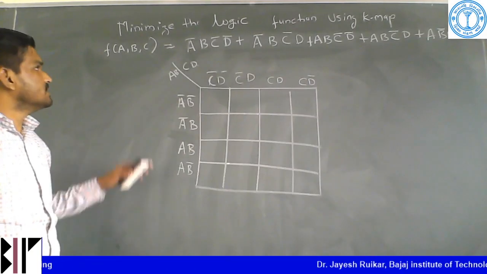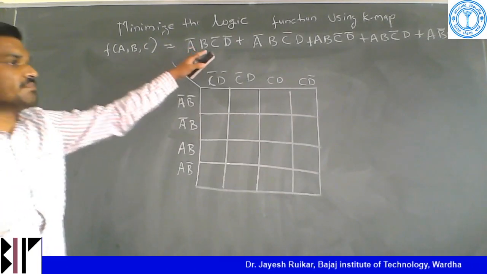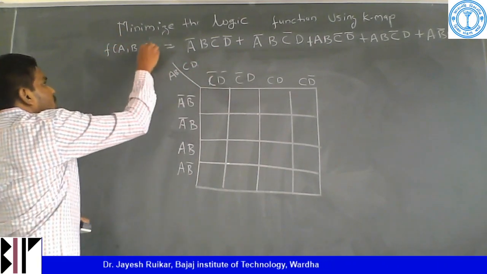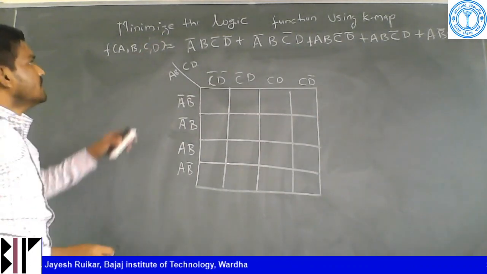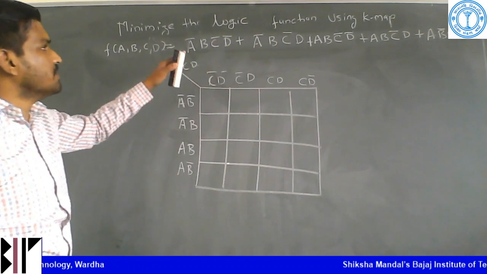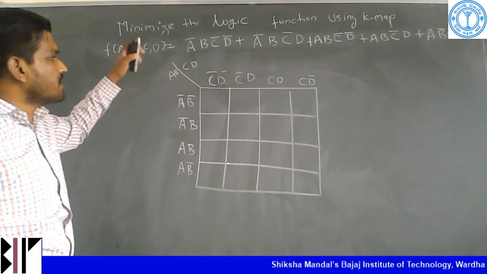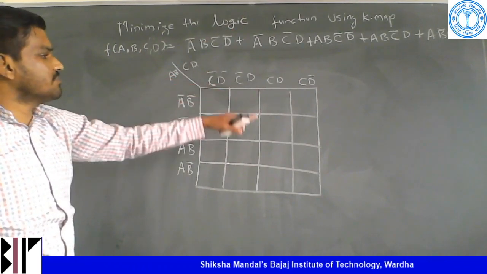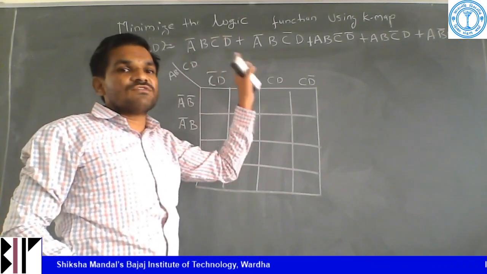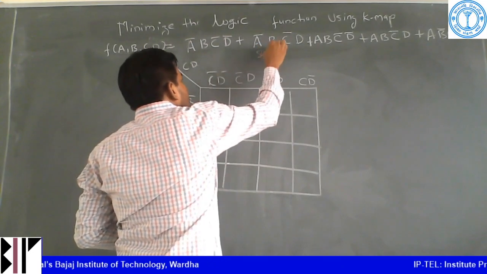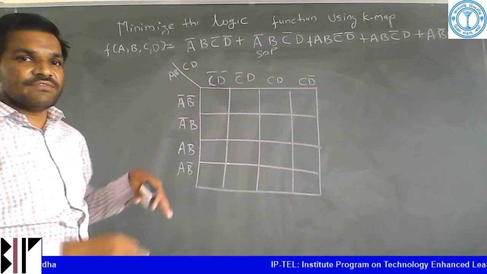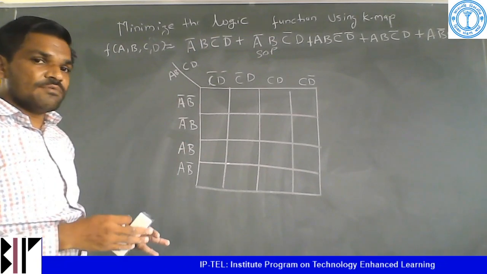So the next example is a function given in variable form, and we can see that the function has 4 variables, A, B, C and D. We have to minimize this expression using K-map. So I have drawn a 4 variable K-map. It is in sum of product form. So we have to write the appropriate ones, and then group them in terms of their adjacent ones.